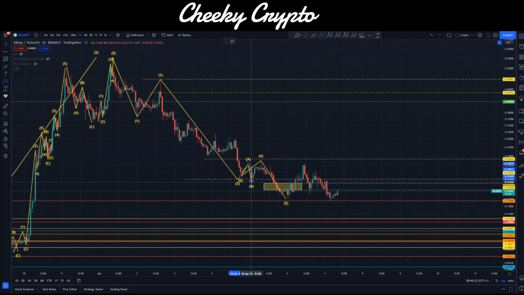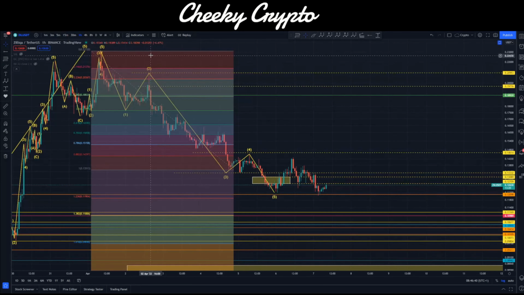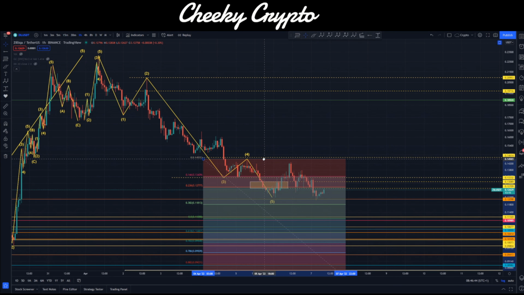So you have A, B, C, and I think that actually marks quite a good point to say that this is then the next move down. So if I actually measure that, we can see that we're in the realms right here. We actually come down a little bit lower, and again, you can measure that by taking this point here to here, move this over, which I think will then be far too deep, but it's possible, so we should just mark it out onto that 4th wave. We could potentially come down to about